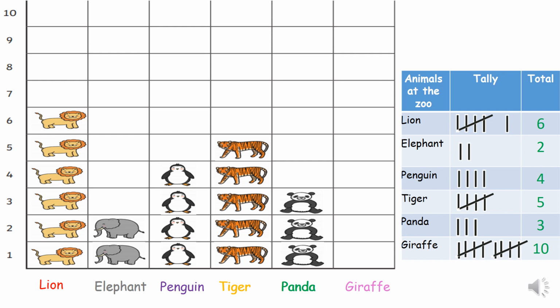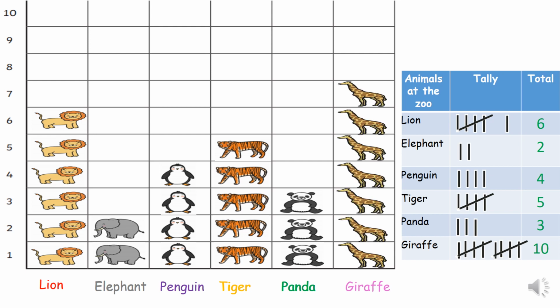And the last item in our tally chart is the number of giraffes. How many giraffes did we see? We saw 10. This means we draw 10 pictures. 1, 2, 3, 4, 5, 6, 7, 8, 9, 10. So we completed our pictogram,